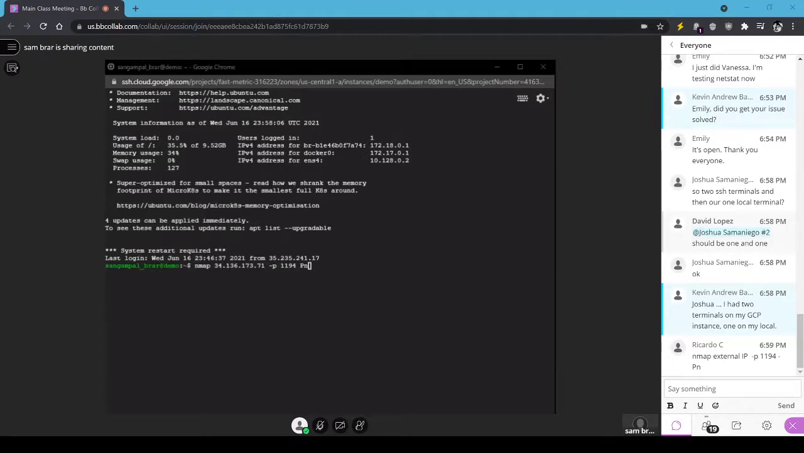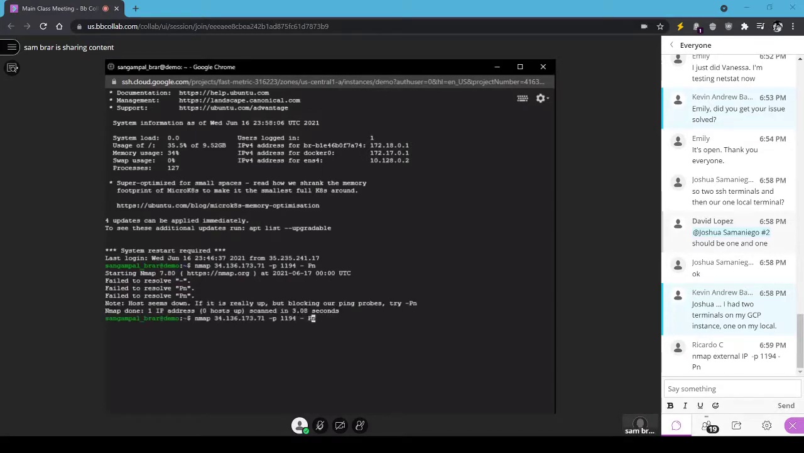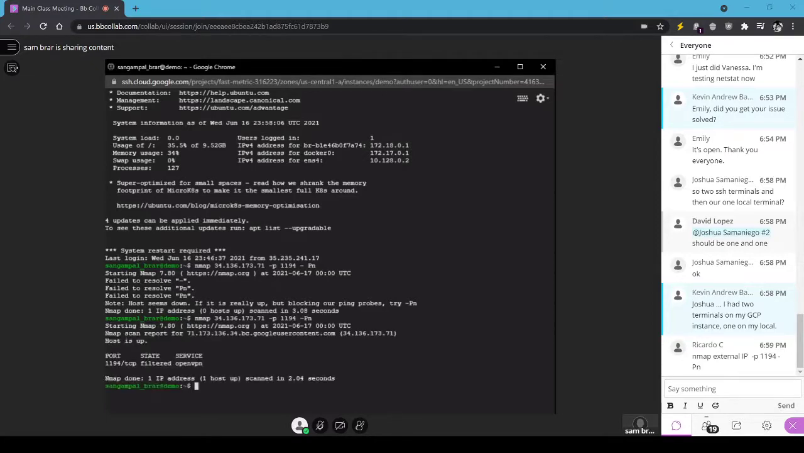Let's see if this is correct. I just want to make sure. Oh, whoops. I'm missing a character. All right. Oh, sorry. I made a mistake. I'll just delete this. Let's see if this works. Okay, yes. Oh, it says filter. So it sounds to me like you've already installed a firewall rule. Okay, so it's okay. So, then